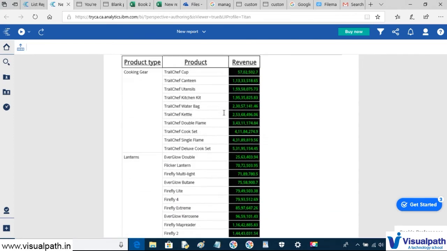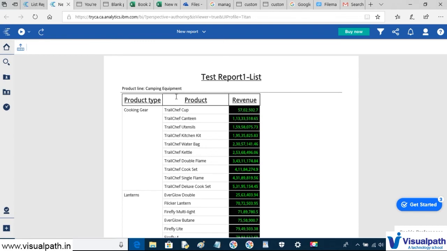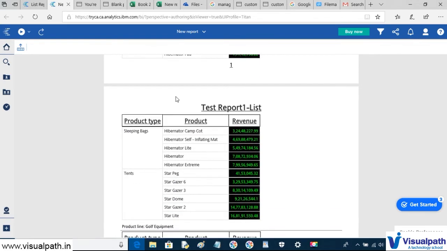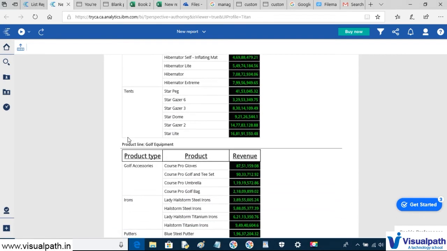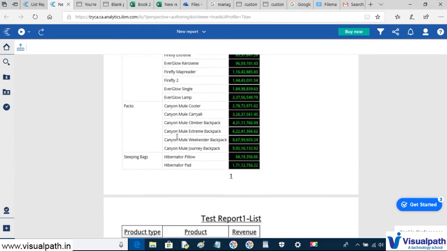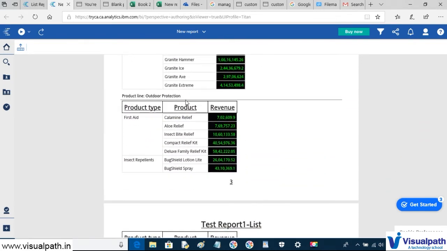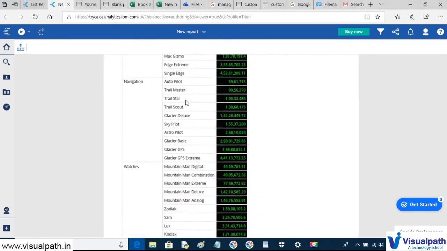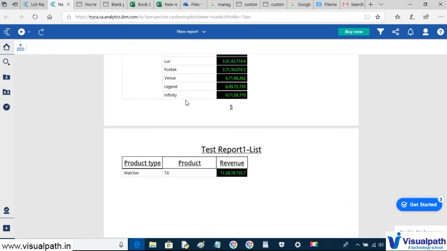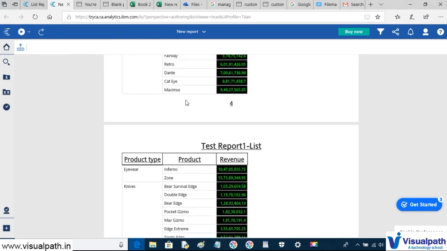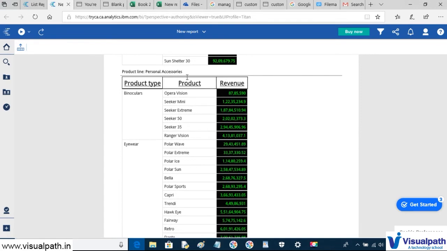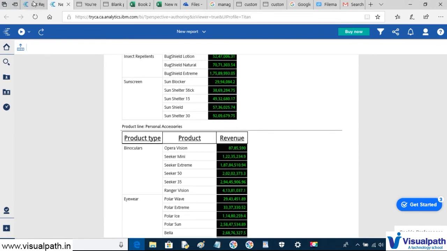Okay, so here you can see that we have all the products in a product line for camping equipment. Then whenever the product line changes, a new set of data appears. So we have one set of data for camping equipment, another set of data for golf equipment, then another set for outdoor protection, then another set for personal accessories, and so on.